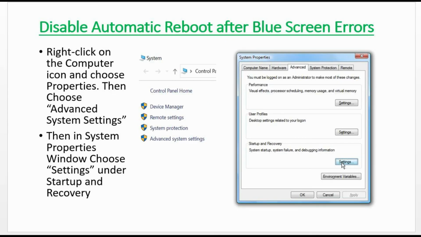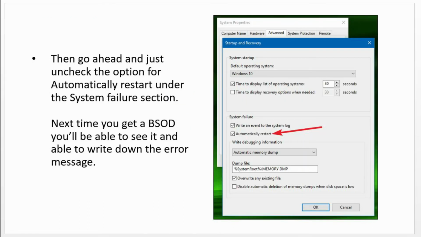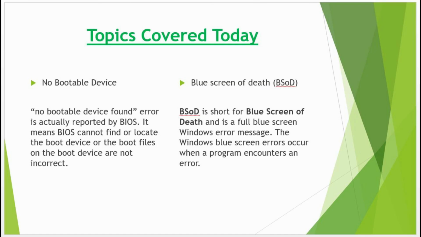Another tip here is whenever a blue screen occurs, it usually will not give you the time to read the error message. It will automatically reboot the computer. So to capture the error message on the screen, you can select the option to disable that automatic reboot. You need to right click on My Computer and go to the advanced system settings. In that you can choose the option to disable the automatic reboot for blue screen errors.